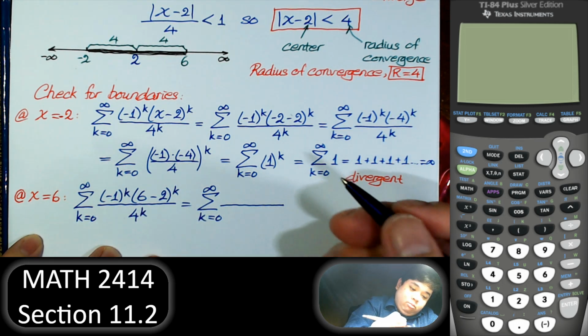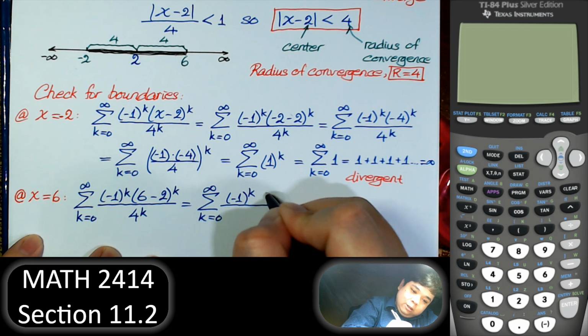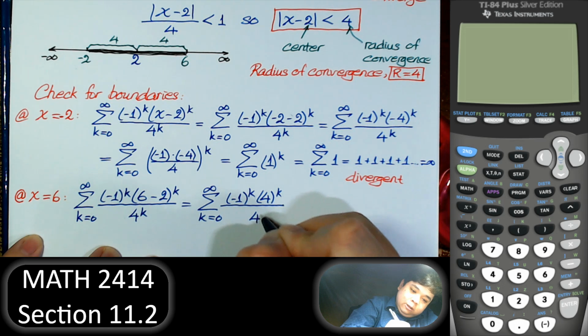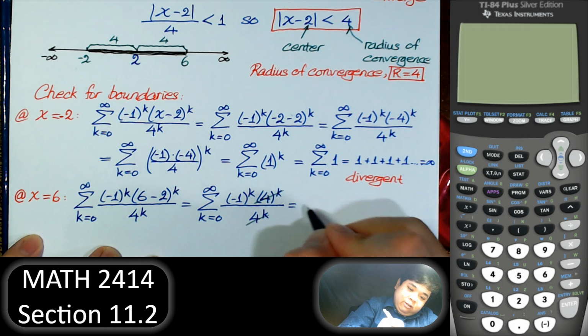Six minus 2 is 4. This one I just cancel out. And we just have